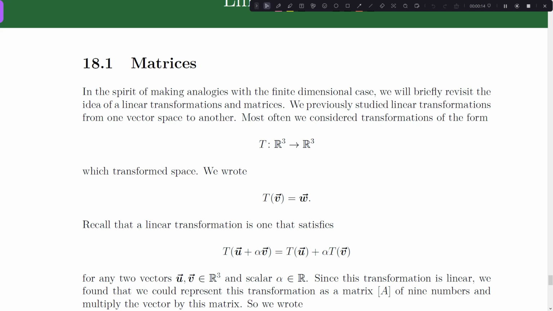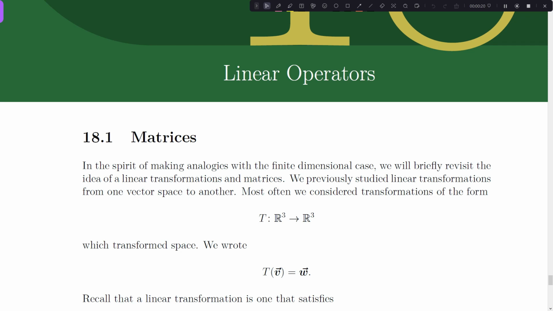Okay, welcome back and welcome to section 18.1. It's titled matrices. That's because we're headed into this section of linear operators. It's a pretty short section because I think the author is convinced you know about matrices by now. But anyway, we will cover some topics of matrices again, but we're covering them with the intent of heading towards